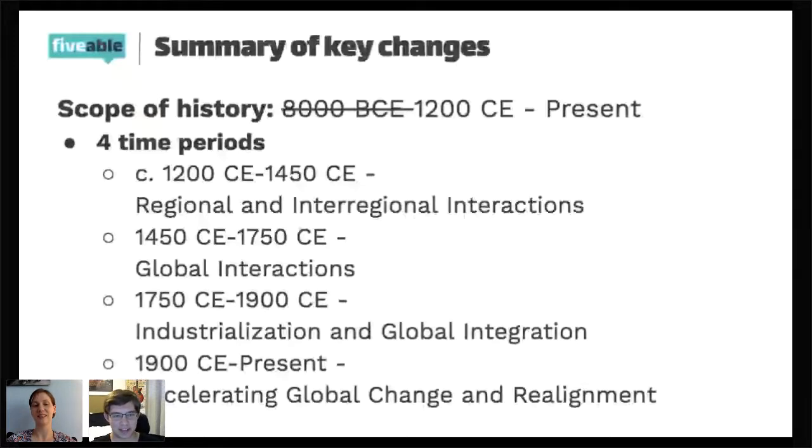I'm just curious as to the actual periodization of 1200. I'd understand if they chose 1250 for the fall of the Abbasids, or 600 for Islam. But 1200 just seems like this awkward, kind of Mongol-y choice. 1450 makes sense, and then it just follows the rest of AP World. But 1200 seems like they just wanted some period 3. I'm not mad at it in the sense that it'll allow teachers to teach at least some things about Southernization and the growth of empires and stuff.